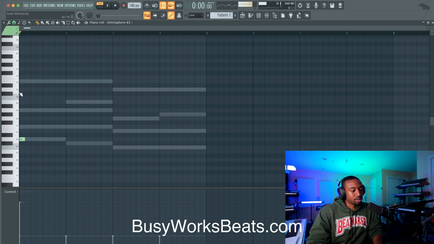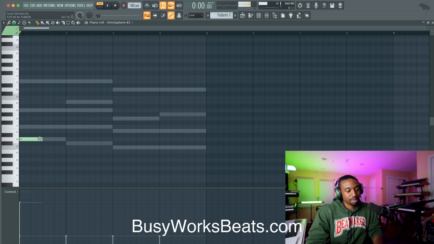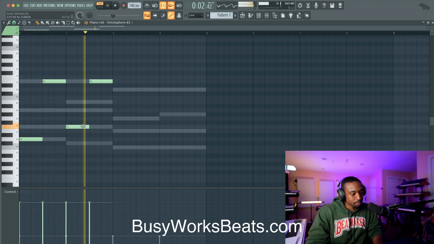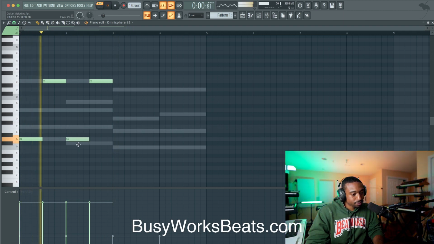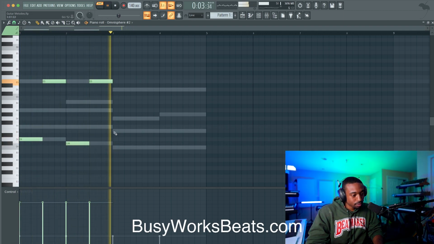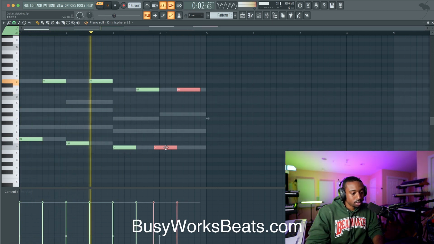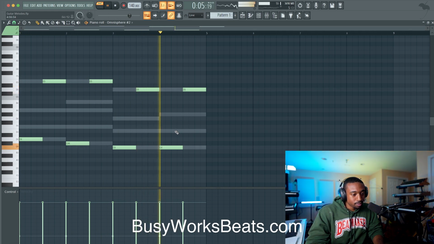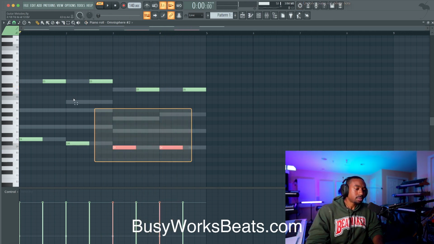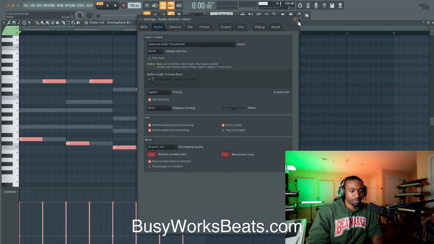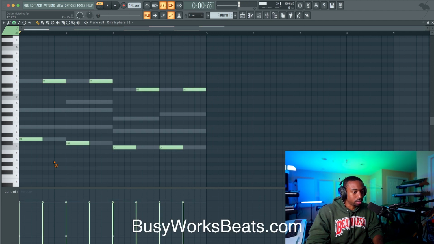So what we're going to do is use these chords as a structure to help us with the melody. Okay, so basically a guideline. Okay, now I'm creating this melody this way because it's going to give us space. Okay, and then we can go back and alter some of these sounds.